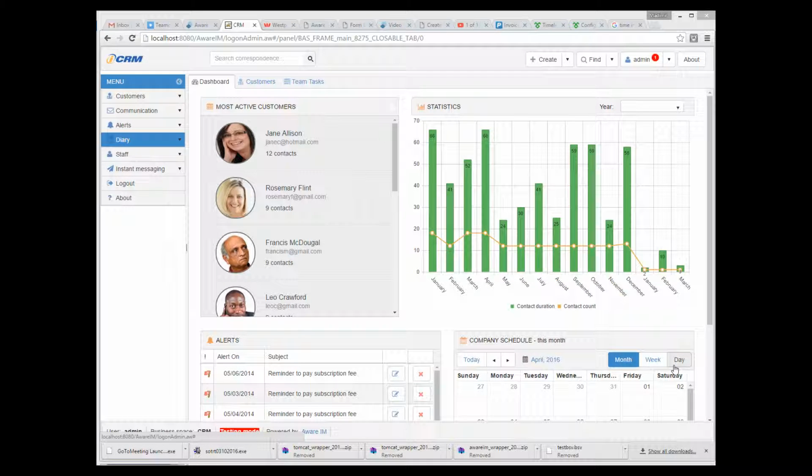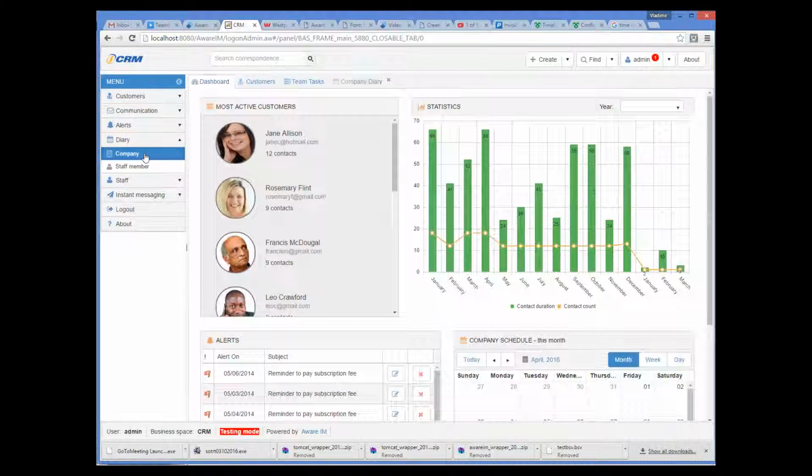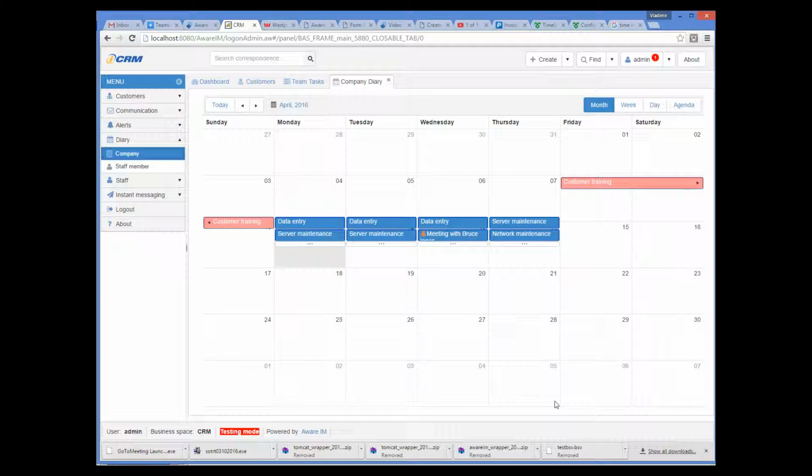In this tutorial, I will explain how to work with the AwareIM calendar. To the end user, the calendar looks like this. This is the example from the CRM sample application. The calendar can show appointments, tasks, or events. The user can create events, click on the event and see its details,